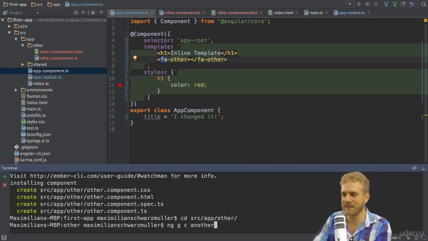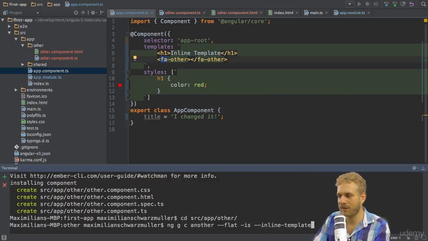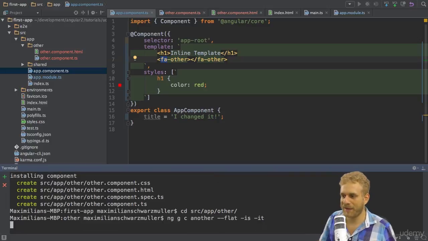Now to do this, I can add some options. I can add --flat to tell it to not create a new folder. Then I can add --inline-styles, or short version -is. And I can add --inline-template, or shorter version -it, to tell it that I want to use inline styles and inline templates. If I now hit enter,